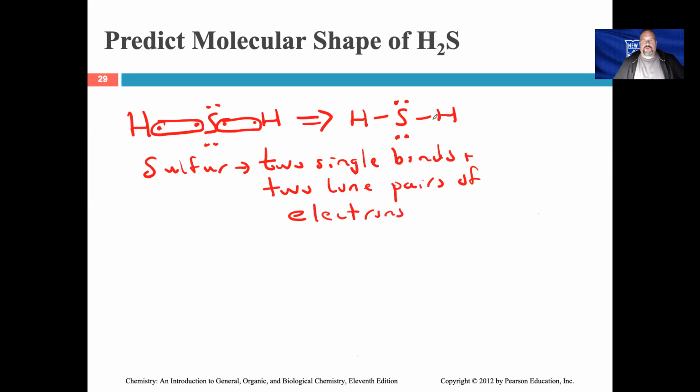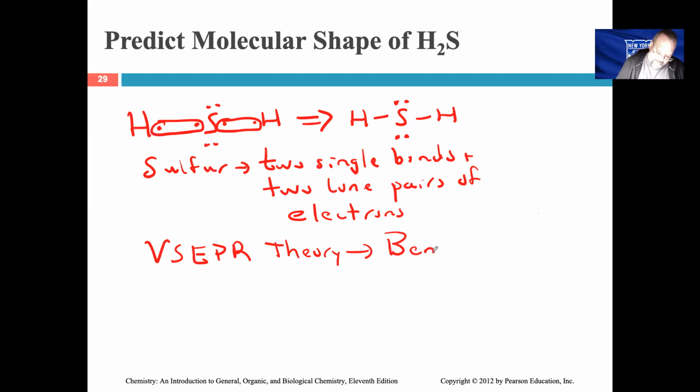Right? 2 single bonds, 2 lone pairs of electrons. So according to VSEPR theory, what shape do you have around an atom when that atom has 2 bonds and 2 lone pairs of electrons? The shape around that atom is bent. So the shape of H2S would be said to be